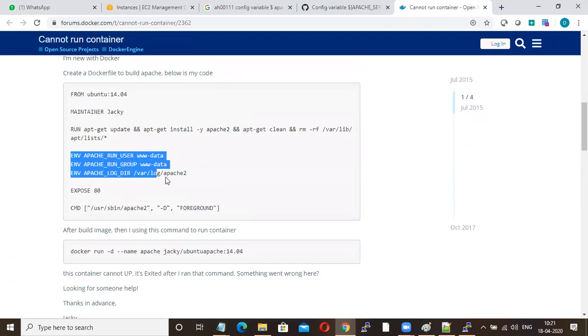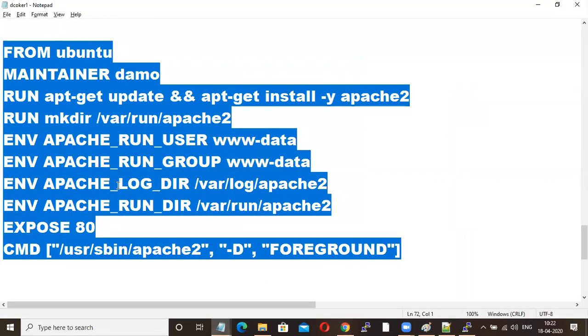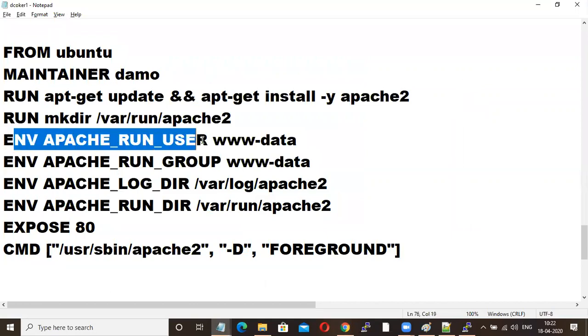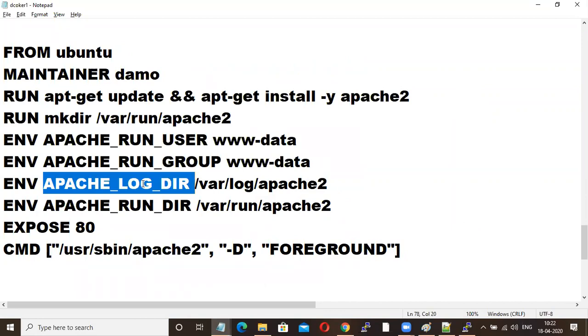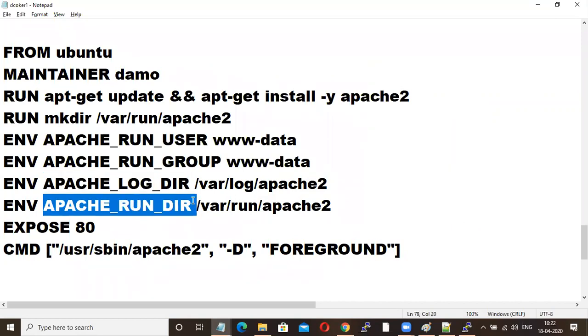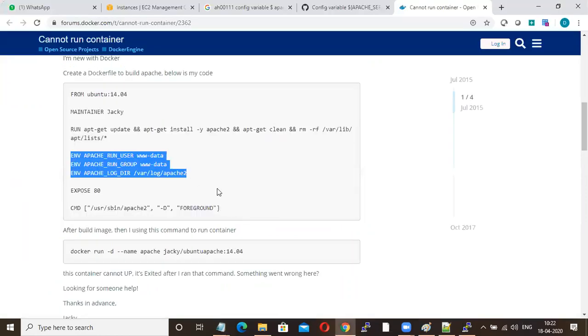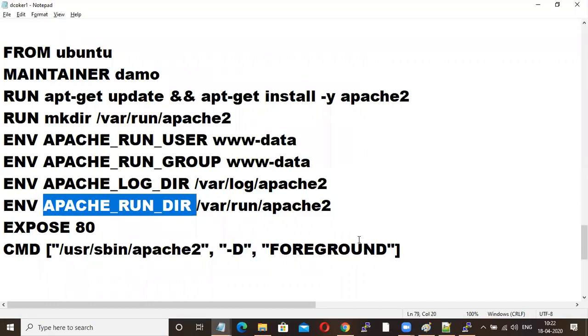Then see what they are saying. You have to define it like this. You have to pass it, because to start your Apache, you need one run user, you need one group, and you need one directory for logs. So that's what I have mentioned in my Docker file. So I have one user, I have one group, I have one log directory. Then I have to pass one run directory. That's what they have mentioned here. Clear? How to troubleshoot it?